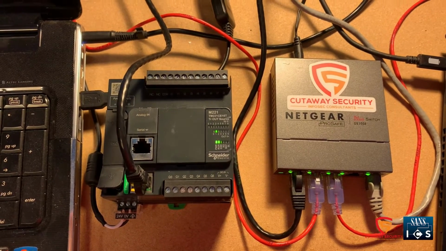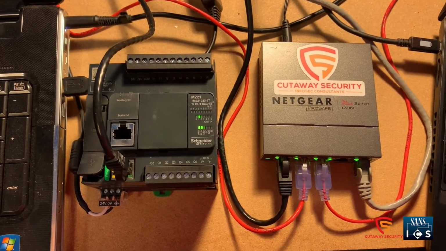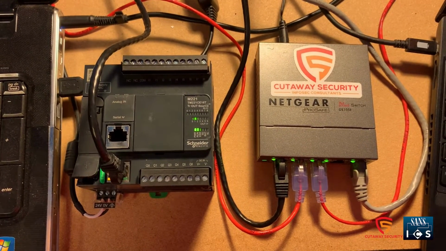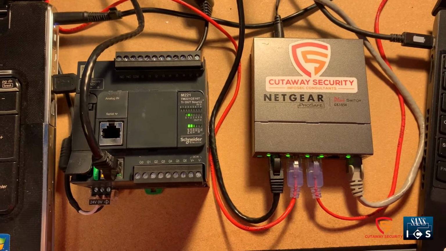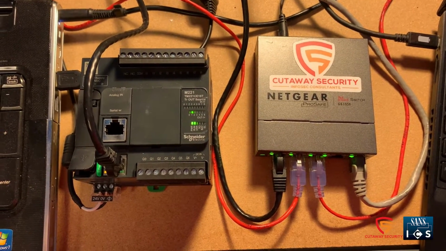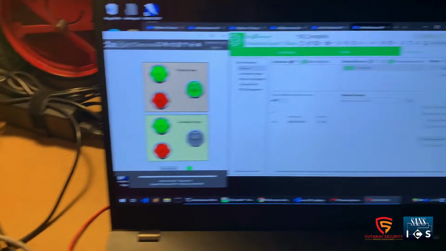The PLC is connected to our network infrastructure via that black Ethernet cable. As we can see, we have a network switch on the right hand side that's connected to two other devices. The gray Ethernet cable is just a SPAN port that we're going to use to sniff all the traffic across all of those ports. Here we have an engineer laptop